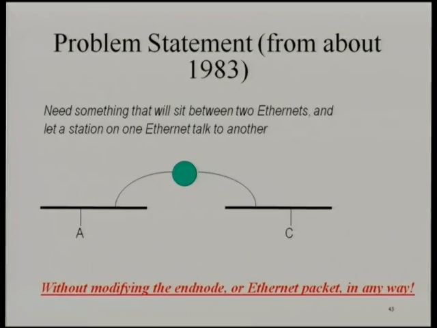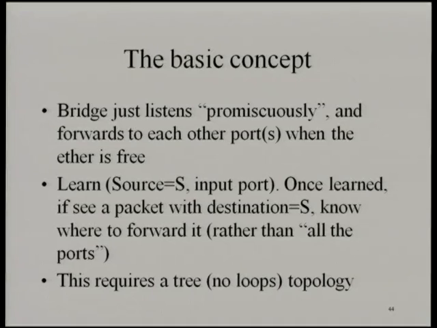So the constraint was it had to be done without modifying the end node or the Ethernet packet in any way. So we couldn't add to the length of the Ethernet packet, we couldn't change a single bit, and we had to work with however end nodes would work just on a single link. So the basic concept was that this magic box called a bridge listens promiscuously, meaning it listens to every single packet on each port,